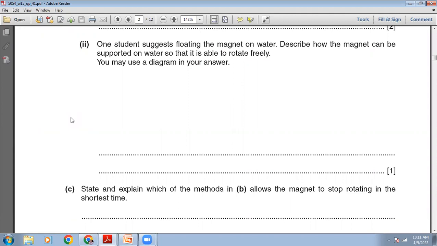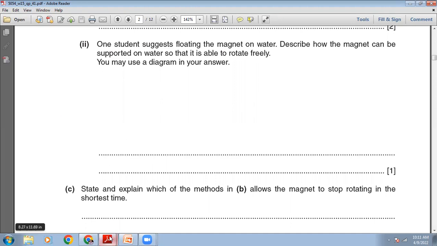So you see, styrofoam. Styrofoam is that white packing material you must have seen when you buy a refrigerator or an air conditioner or LCD. Around it there is a packing material of white color, and that is styrofoam. So take a piece of the styrofoam, and when you put the styrofoam on the water, it will float and it's very light. And put the bar magnet on the styrofoam, give it a little spin, and after some time it will keep on spinning in the water, and then it will align itself with the north-south direction